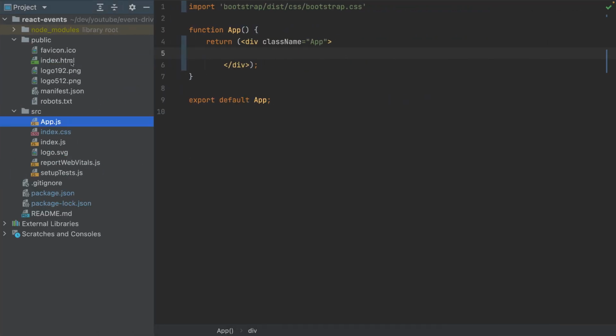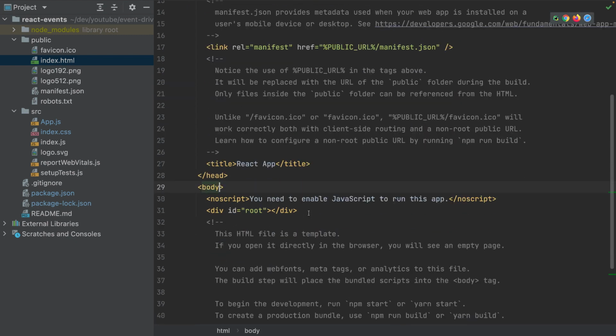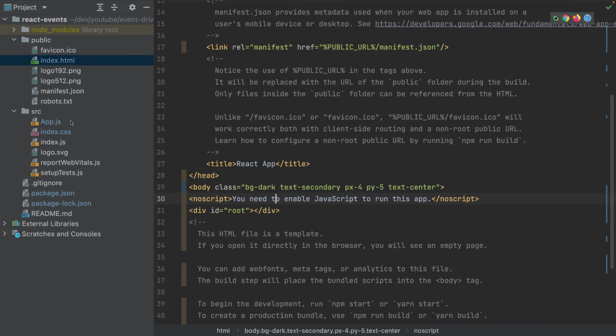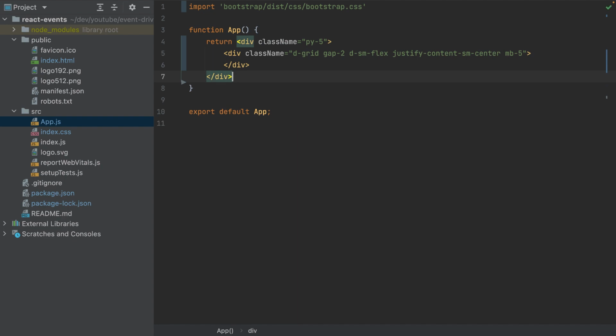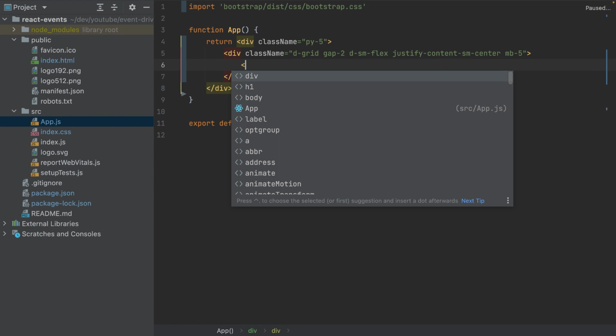I will go now to index.html, and here in the body I will add this class. So I want to make the background dark, so I will add this class here, and now it will look like this. Then in our app.js I will remove this code and I will replace it with this code. So this won't change anything, but if we want to add now a card, which I will add, so I will